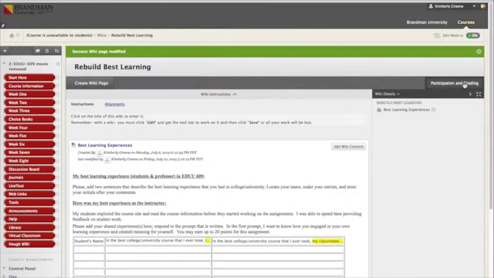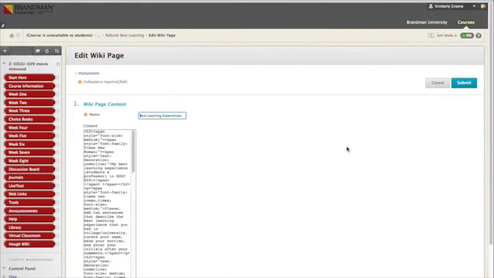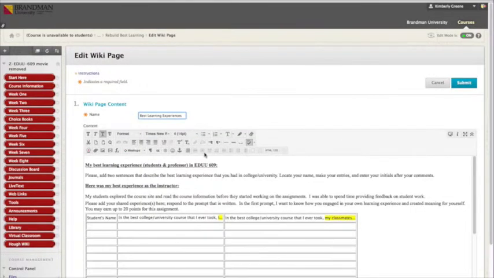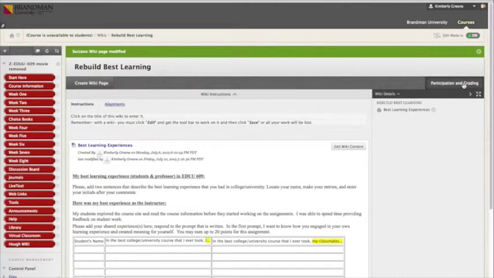All right? So again, a wiki is made for collaboration. When you come in and initially look at it, it looks like a flat static web page. You click edit wiki content, get the toolbar, do whatever you need to do. When you're done, you click submit. That is a newer form of a wiki. In this course, such as our weekly journals,